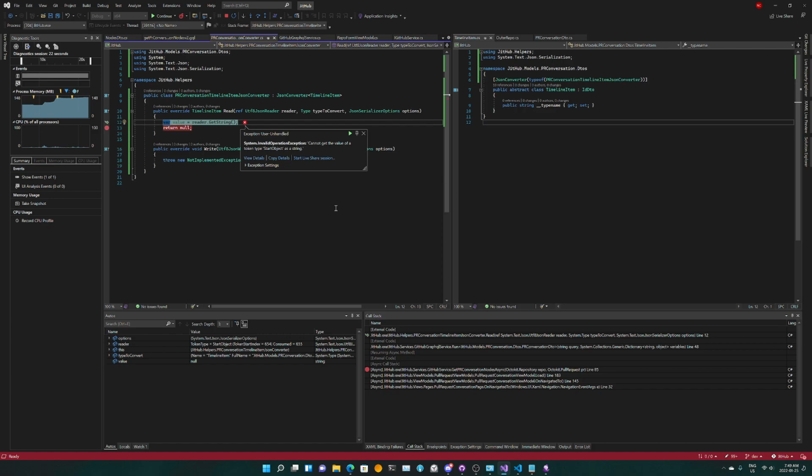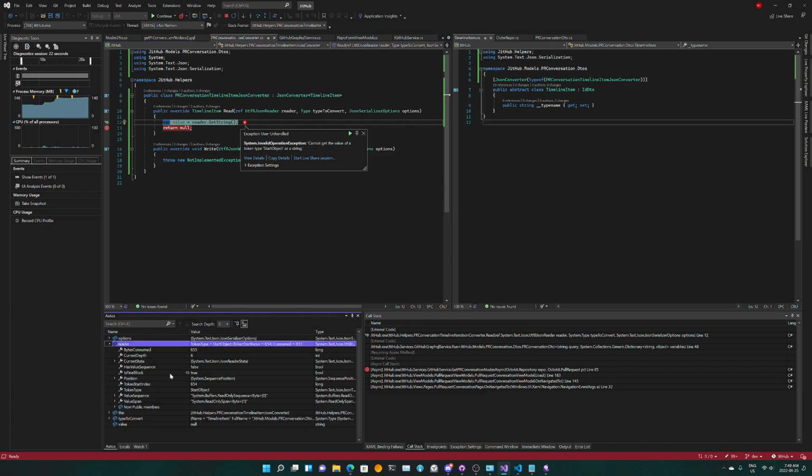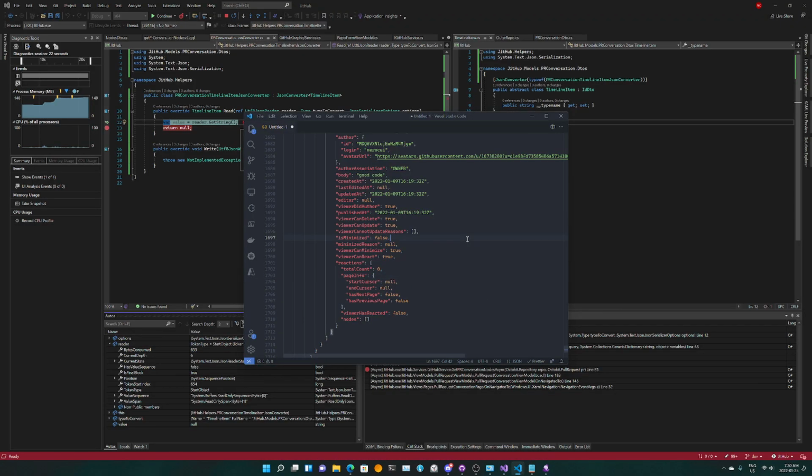What's happening? Okay, reader is right here. Bytes consumed, current depth, start object. You know what? Let's see if we have something called start object.